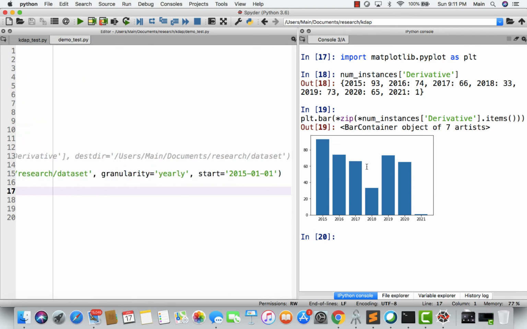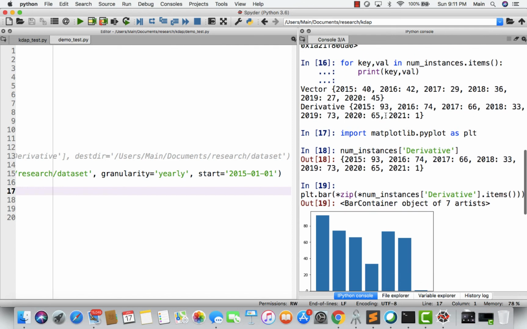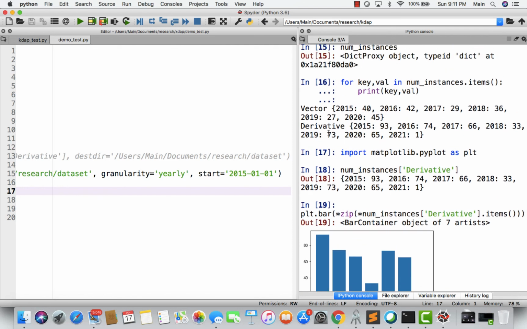You can plot the overlap version of these two articles, and you can see the differences. It's very evident from these two data sets that, of course, derivative has more revisions. It means that maybe more people contributed to this article. At least there are more edits in this article as compared to the vector article. Maybe it's more popular as compared to the vector article.